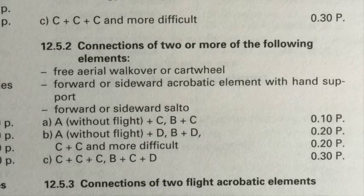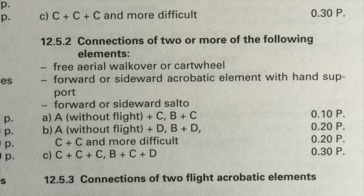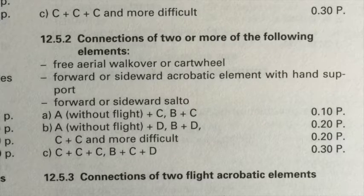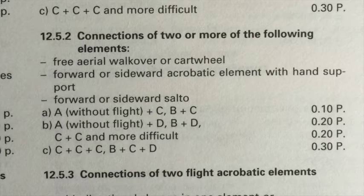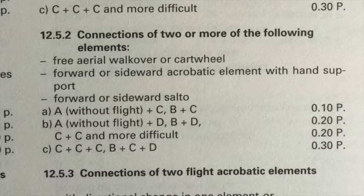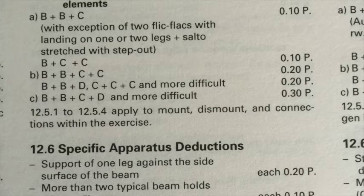If you remember Lilia Podkopayeva on beam, she used to perform a wolf hop jump straight into a front aerial walkover. A front aerial walkover was actually only a C skill in the 1993 Code of Points, but she would have gotten a bonus of 0.1 based on connection A from section 12.5.2 here. Looking at section